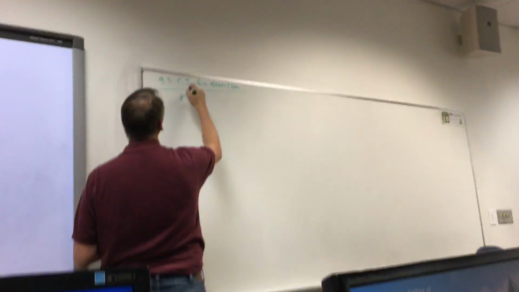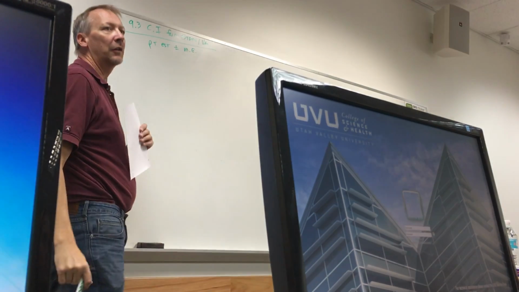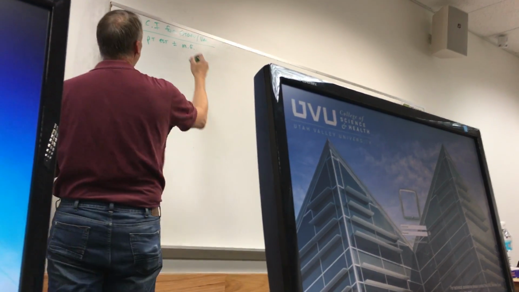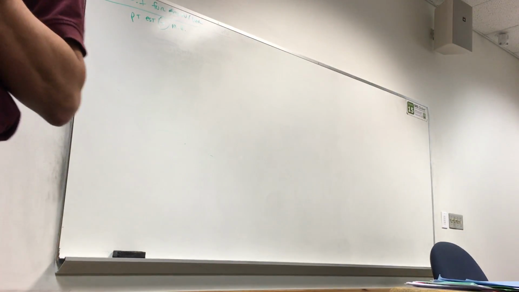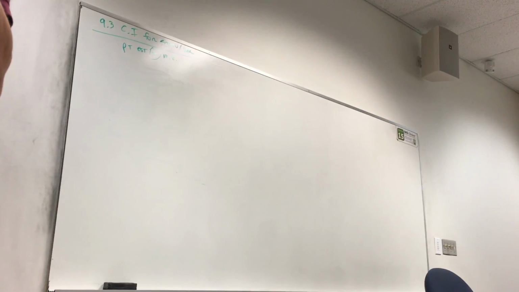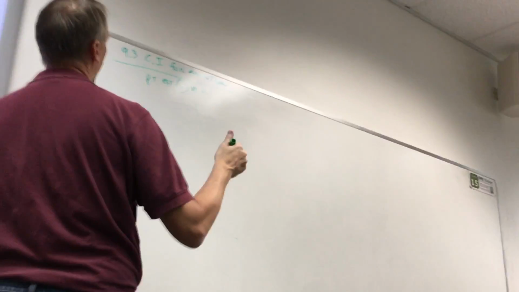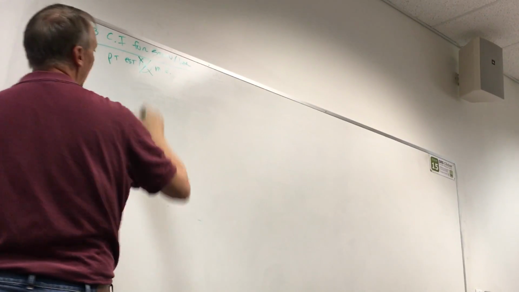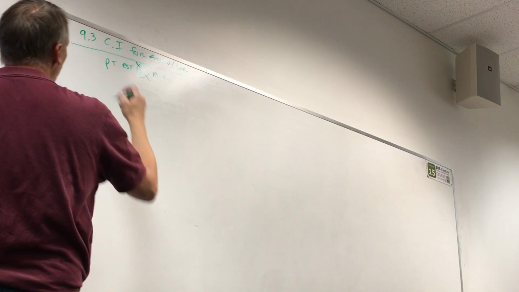All right, so in the past what I've said is you have the point estimate plus or minus your margin of error, right? Now, we can do the plus or minus because why? Because our z distribution and our t distribution are both symmetric, right? Well, the problem is that does not work for the confidence interval because